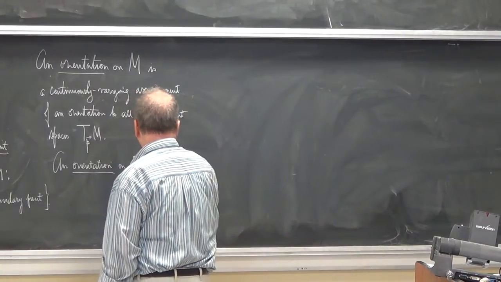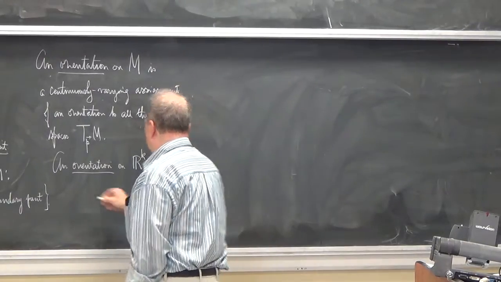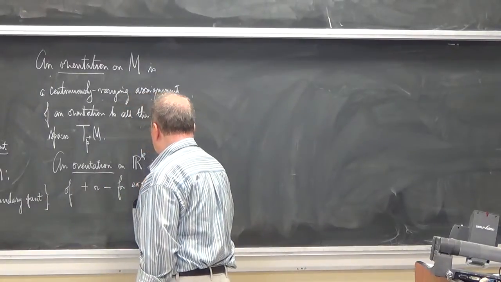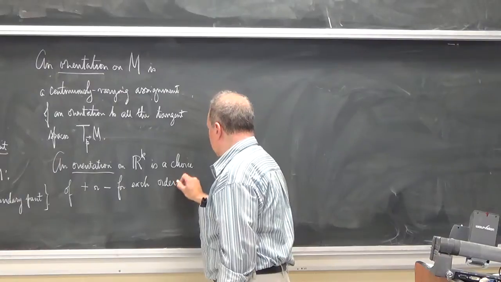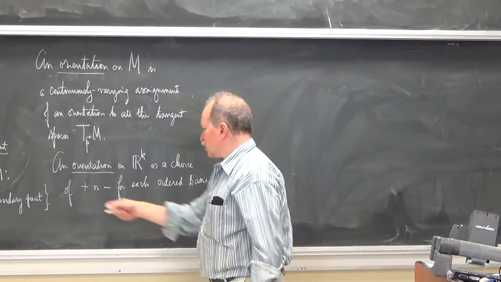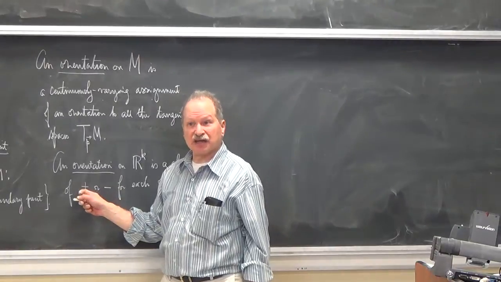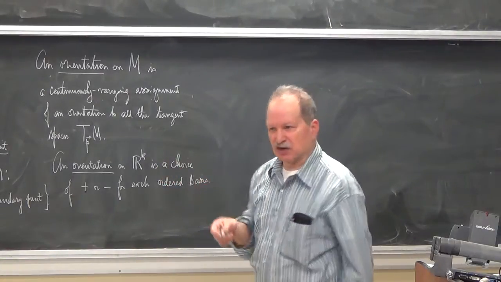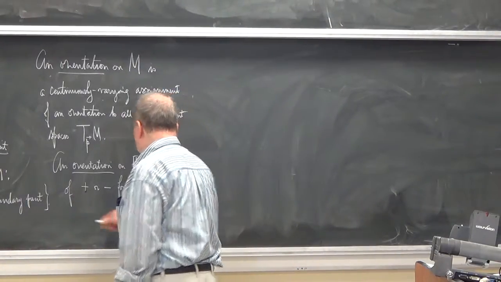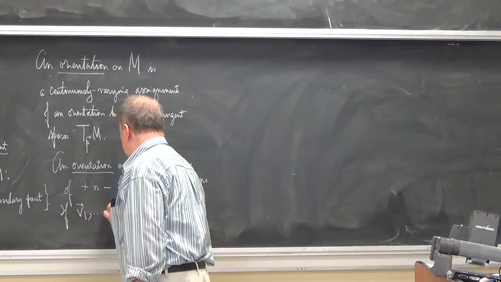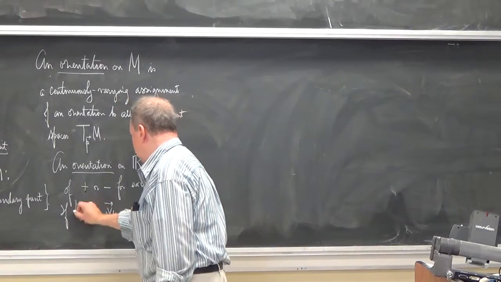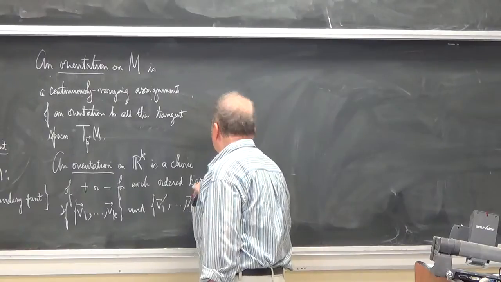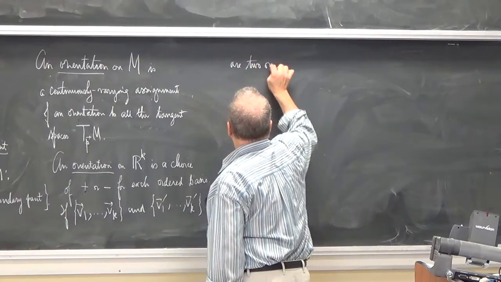So an orientation on R^k is a choice of plus or minus for each ordered basis. And two ordered bases will give you the same orientation if the linear map that takes one to the other has positive determinant. So if v_1 to v_k and v_1 prime to v_k prime are two ordered bases,